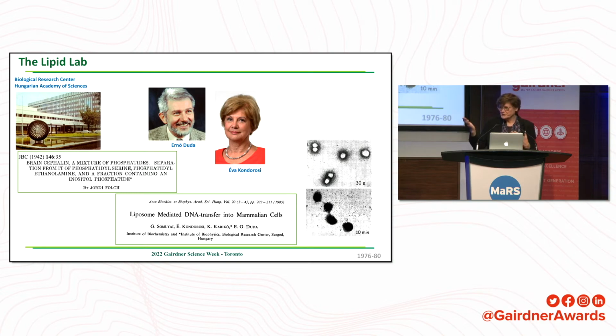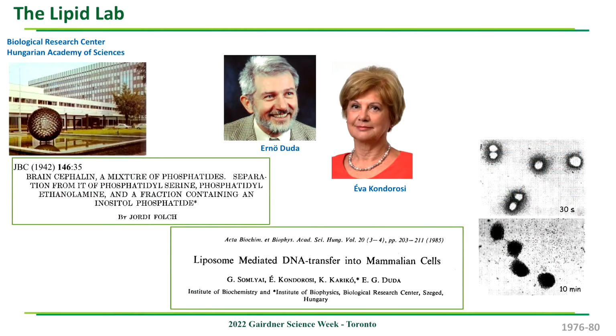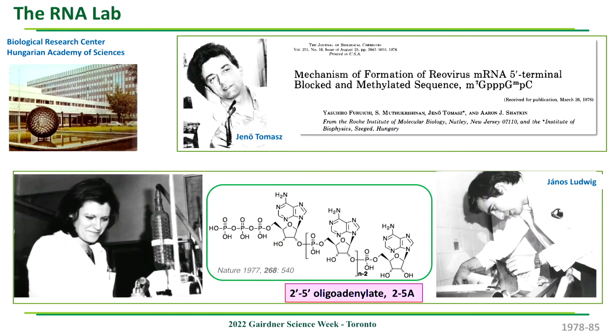So it is important for students to start with something, because for the rest of my life I remembered this experiment and was thinking about it. It was not RNA, it was DNA, but delivering nucleic acid inside the cell by liposome was a very interesting thing to do. By chance, for my graduate studies, my PhD thesis, I went to the RNA lab. It happened that my supervisor, who was an organic chemist, actually synthesized cap analogs and sent them to Aaron Shatkin and colleagues in New Jersey,